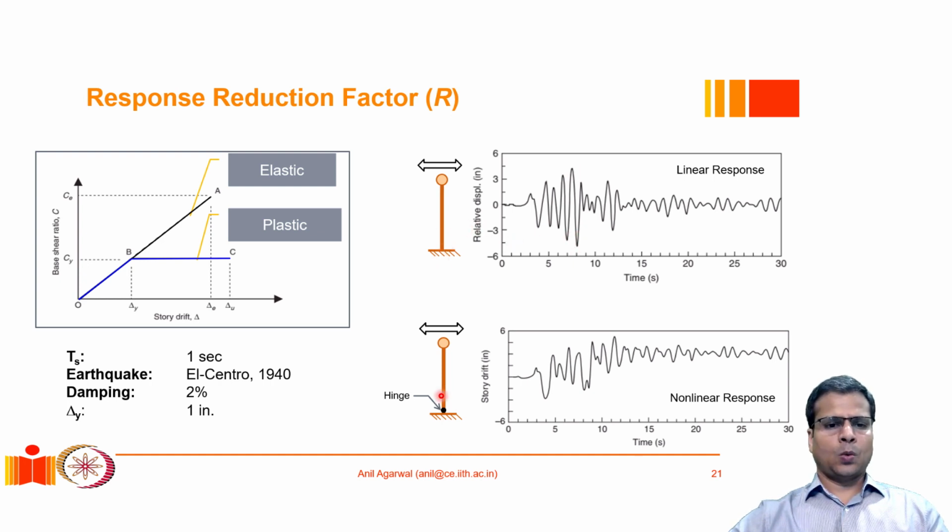Then we change this system in such a way that it does not remain elastic. That is, its natural time period is 1 second in the elastic range, but after a displacement of 1 inch, which is marked here as delta y, it becomes a perfectly plastic system. That means it has zero stiffness at that time. And then again the same system is subjected to the El Centro earthquake loading,